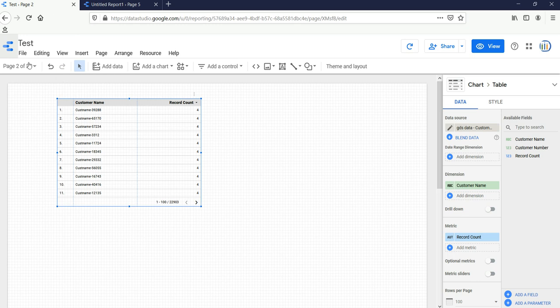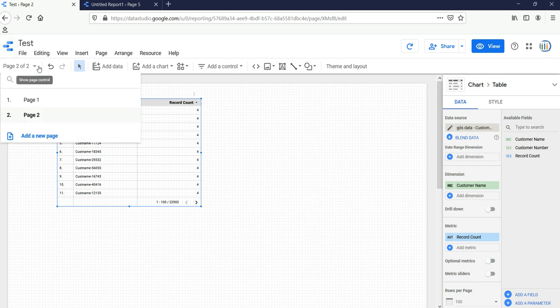So let me show you in this report, because we have a few graphs here, okay. So if I want to change something, then I can drag it above, okay. So this is how I can sort my pages here. Now the numbers or the renaming of the numbers will be done. This is 1 and 2.